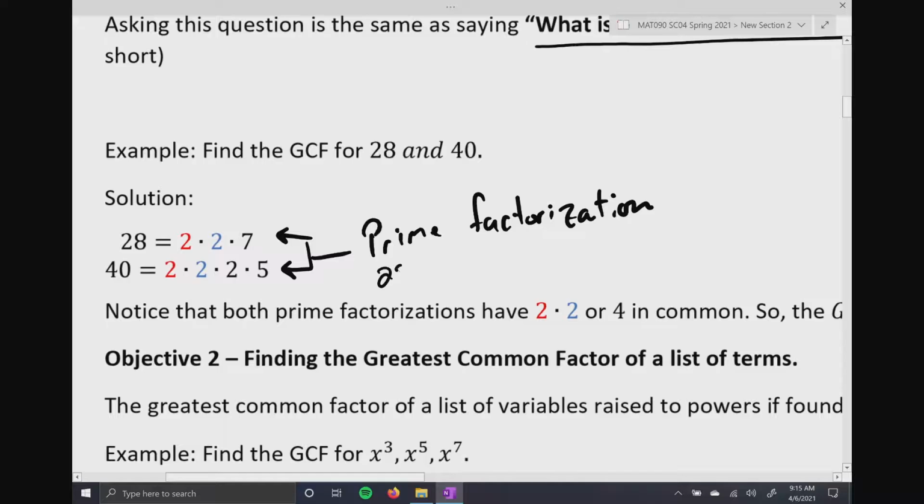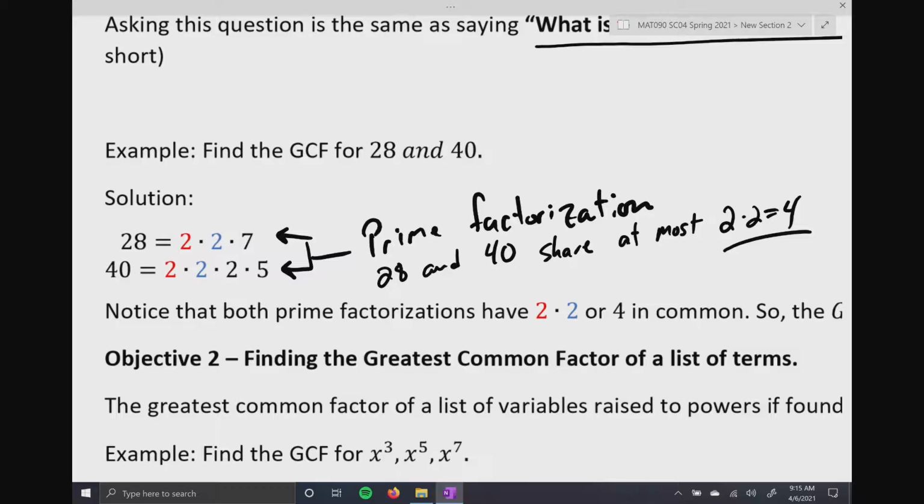So 28 and 40 share, I don't want to say at least, we'll say at most 2 times 2, which equals 4. Or 2 2's. Does that make sense, everyone, so far? That's the GCF. So the GCF would be a number that both, let me say it like this. A GCF